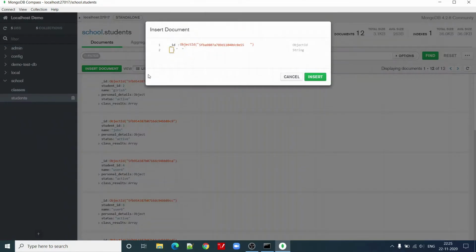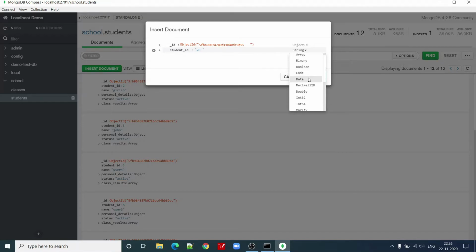Now let me create a new document here, student ID. By default, underscore id is the primary key of this. So let us create, I want to create this as a string, or this I want to create, let us say 20 number students, and this could be one of these keys.